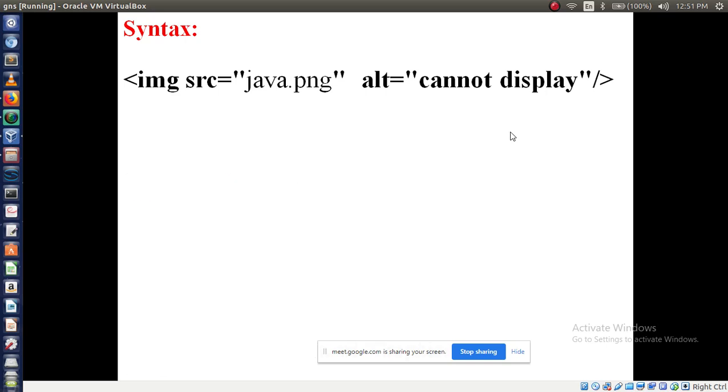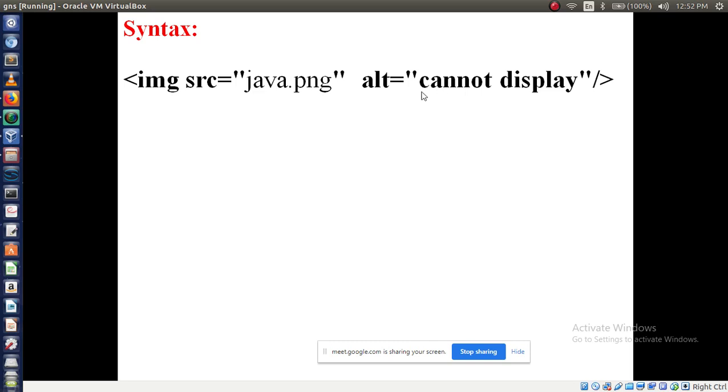Have you understood this syntax? Everybody reply, because this syntax is very important. So image followed by source. Source means it holds the image name. Then alt means alert. If you want to write alert, this is your choice. You can write or you cannot write alert.